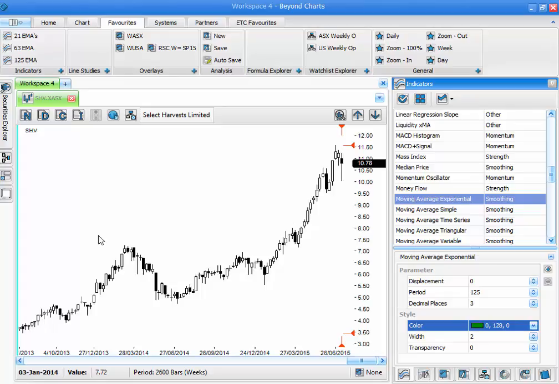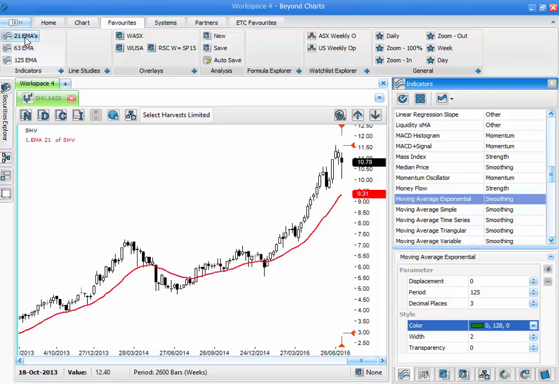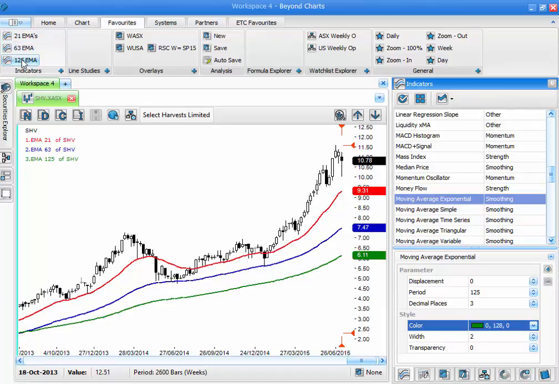So we've gone through and simply added those indicators. So now all I have to do is click on the 21. It's applied that to the chart, the 63 and the 125, and you'll see that obviously as a stock the way this has been performing, our moving averages are in the right order, moving up nice and sharply and starting to diverge as well. Some of the other indicators that we might also like to add to this particular chart,